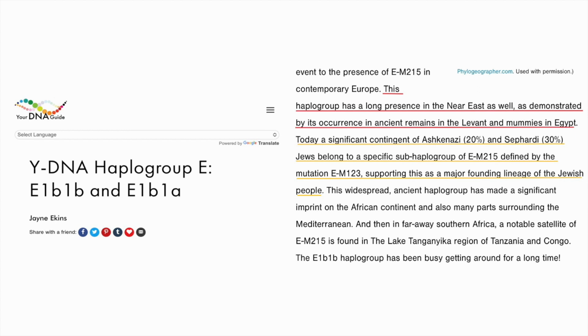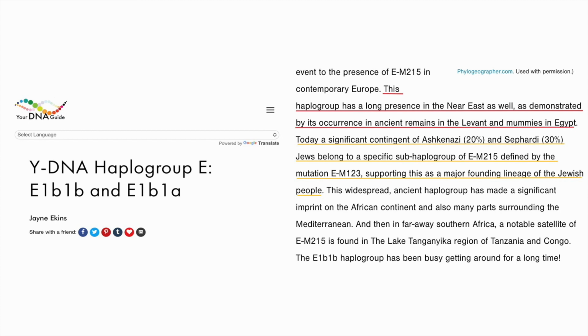And according to the page titled Why DNA Haplogroup E, E1B1b, and E1B1a, it reads, this haplogroup has a long presence in the Near East as well, as demonstrated by its occurrence in ancient remains from the Levant and mummies in Egypt. Today, a significant contingent of Ashkenazi, 20%, and Sephardi, 30%, Jews belong to a specific sub-haplogroup of E-M215, defined by the mutation E-M123, supporting this as a major founding lineage